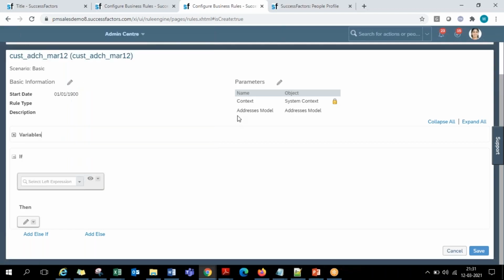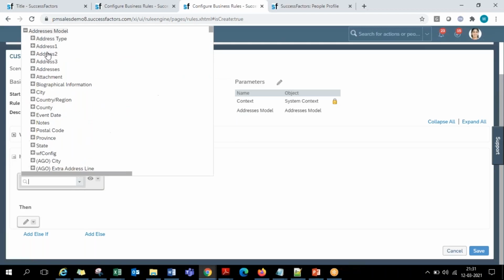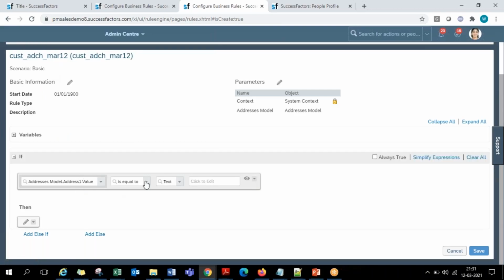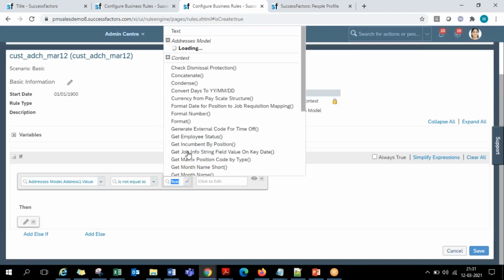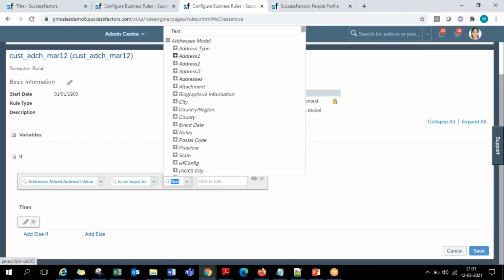You already told that my conditions are on the address portlet, so only address portlet related fields will be loaded here. So now my condition is, if address portlet level address line 1 dot current value, which is on the screen, address line 1 level, the value that is there, if it is not matching, if it's not equal to the same address line 1 dot previous value.